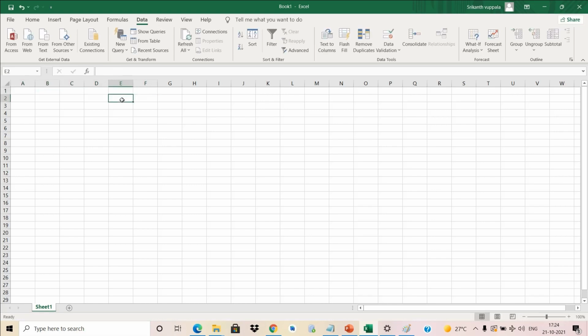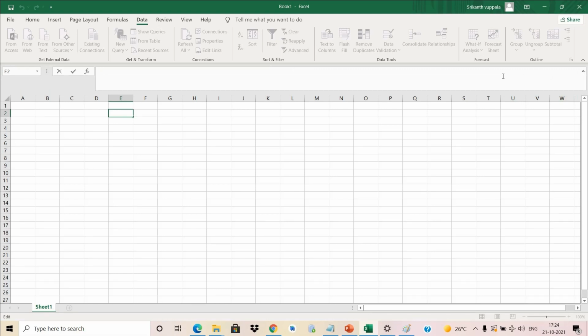In some cases there will be a large formula which some people use, so you cannot see the entire formula in the cell, so you can see the formula in this formula bar. There is a small arrow mark over here. If you click on this arrow mark, this formula bar will get expanded and you can see the entire formula.